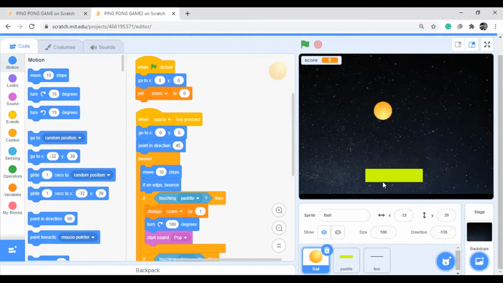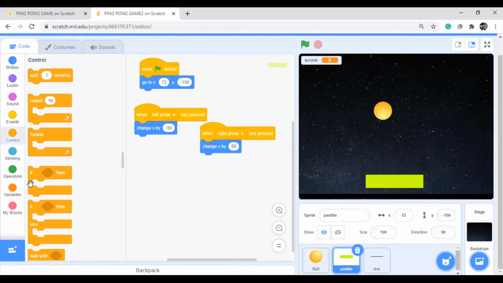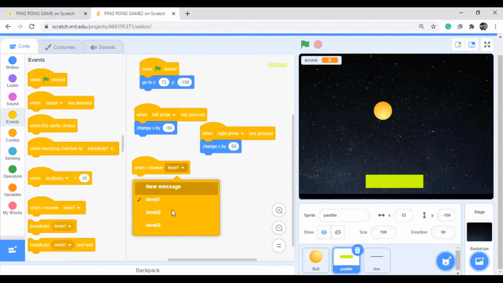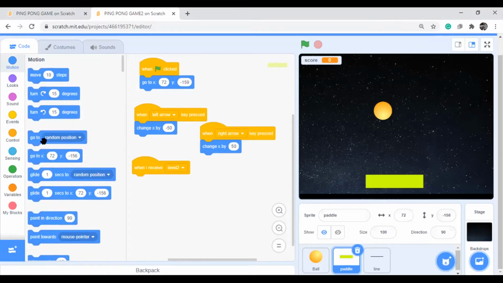So that's why, once you receive level 2, when I receive that level 2, here you can make it go to this place.